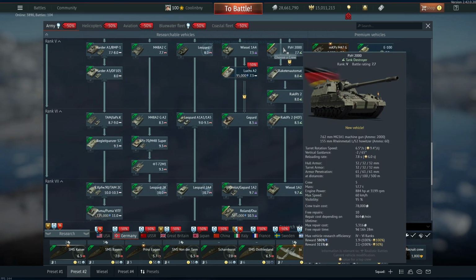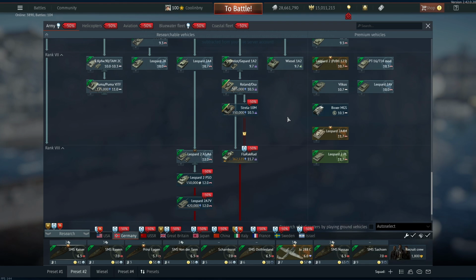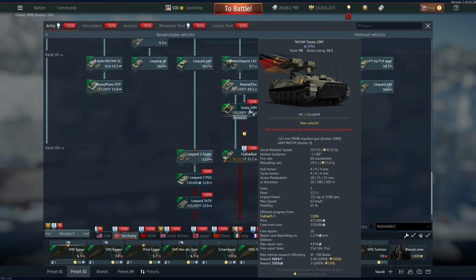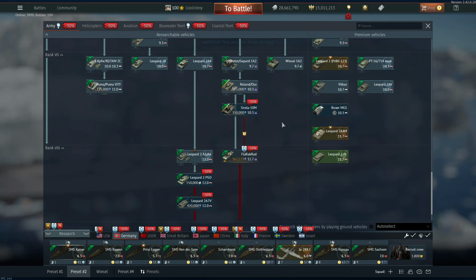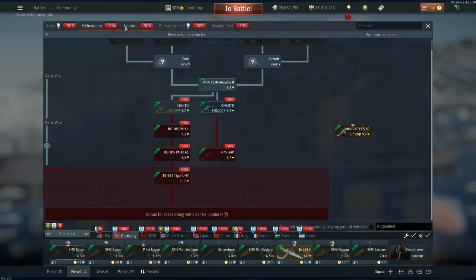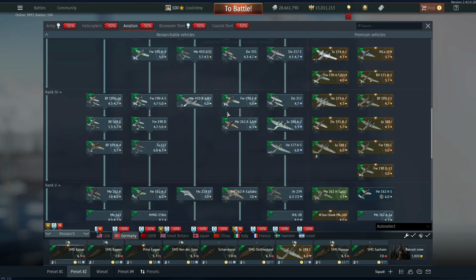It's probably going to be a gigantic target. I mean, this thing is huge. Otherwise, we do also have the Strela coming to the German ground tech tree, but this is another vehicle that will be coming to a few tech trees with this next major update. Germany, unfortunately, will not be getting any helicopters either,